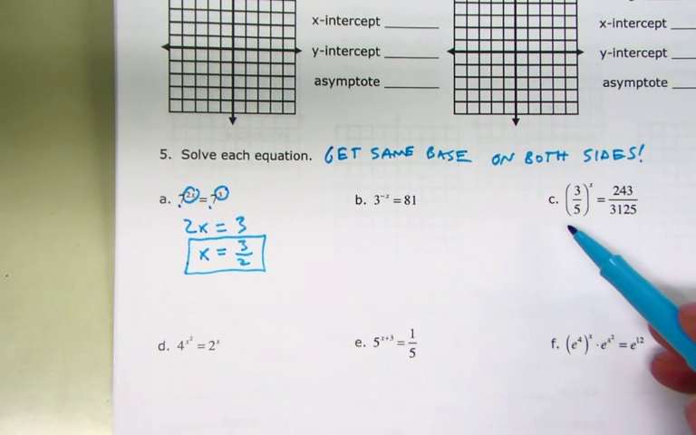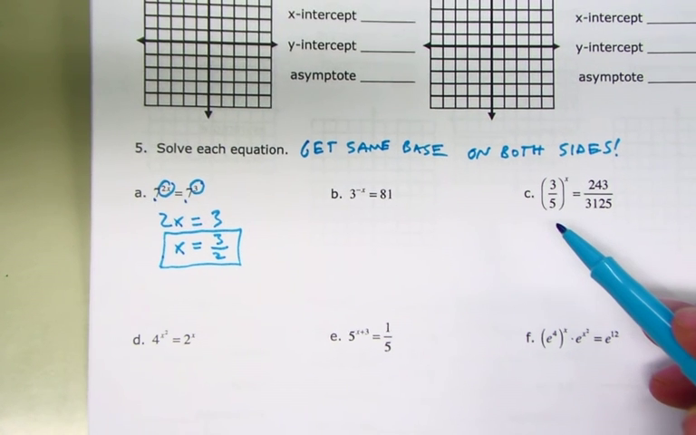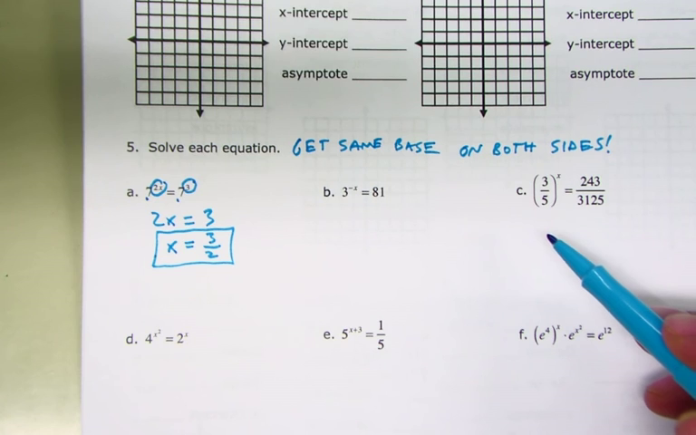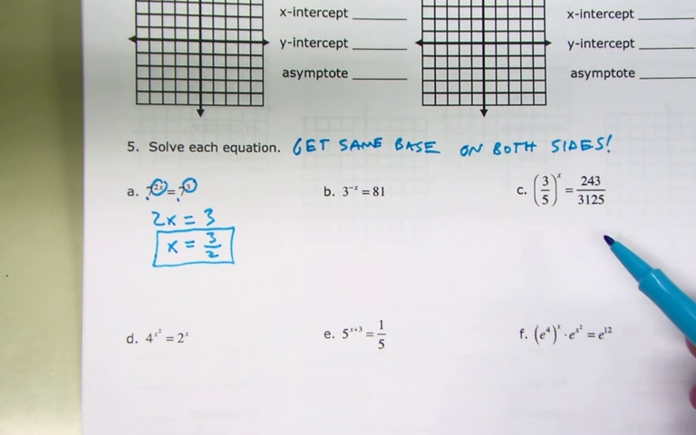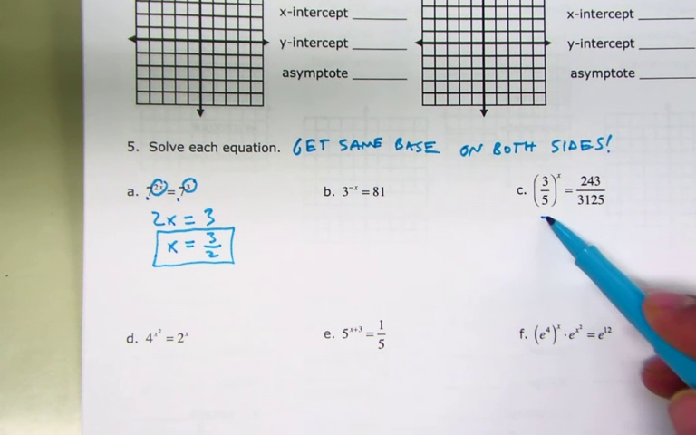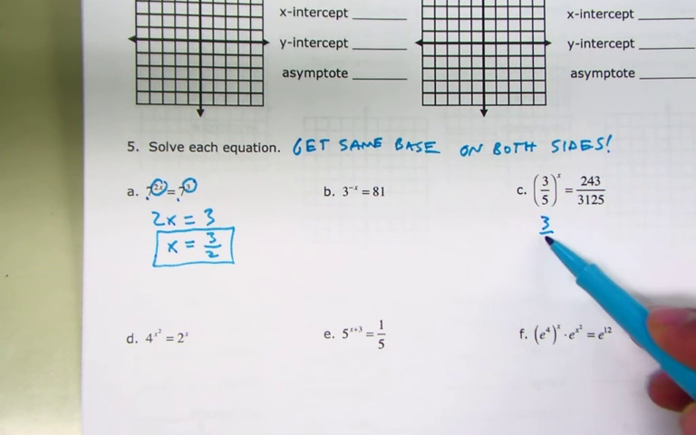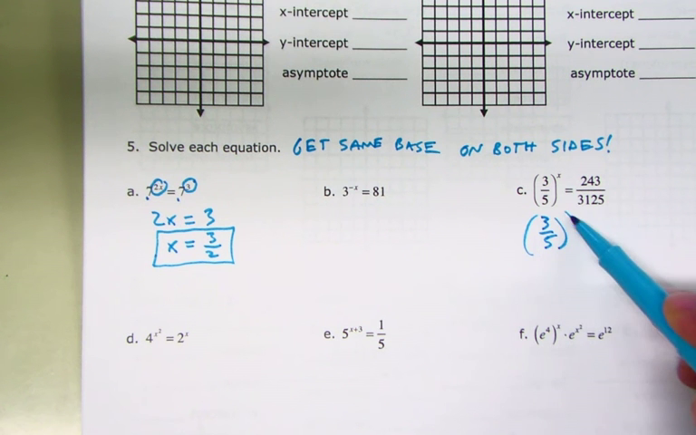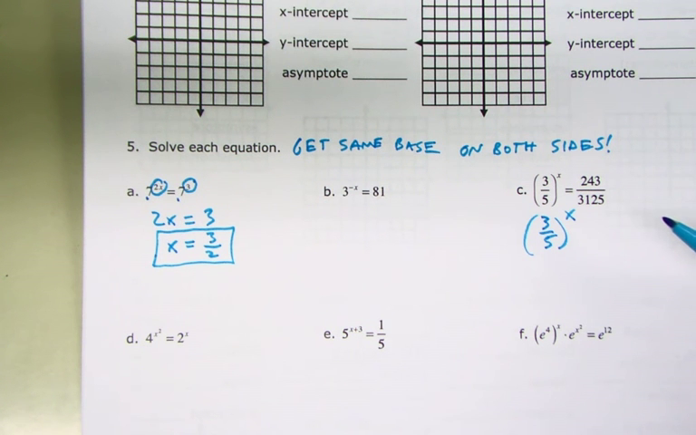Let's do this tricky one over here. Now, this one, 3 and 5 are already as small a base as we can get. Does that make sense? There's no other numbers we can replace it with. 3 is already as low as possible, and so is 5. However, if we're going to try to get the same base,